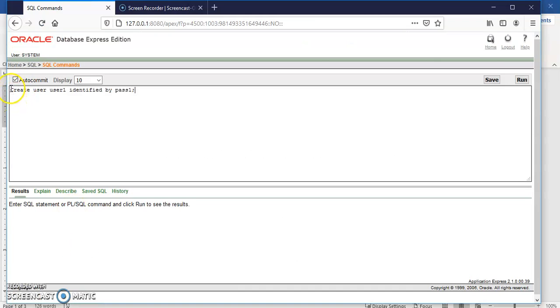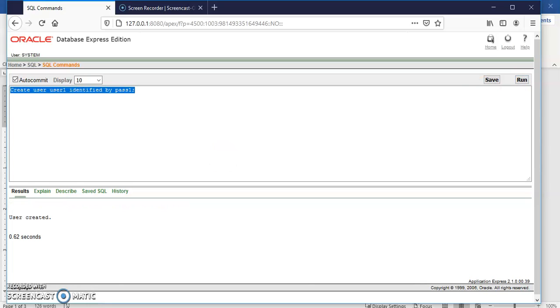Here we are going to create user1 and the password will be pass1. So let's create it. The query is create user user1 identified by pass1. After execution of this particular statement, we can see the result: user created. Now the next step is just to check whether this user can log in or not.